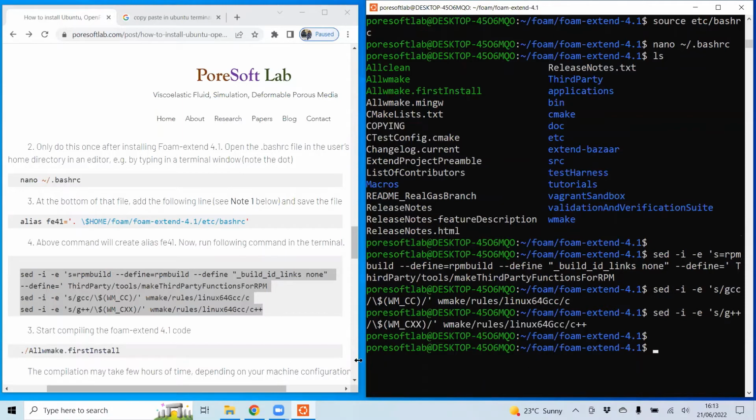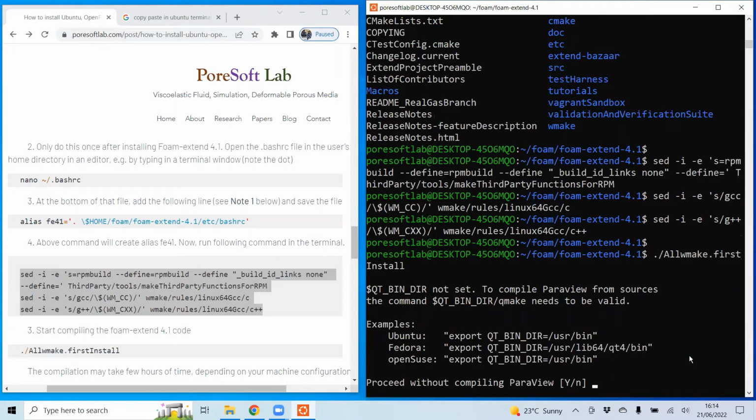And now it's time to start compilation. This compilation may take a lot of time because foam extend has not been updated for a long time, and it may take 2 hours, 3 hours, sometimes 5 hours. So type this command, ./Allwmake.firstInstall, and enter.